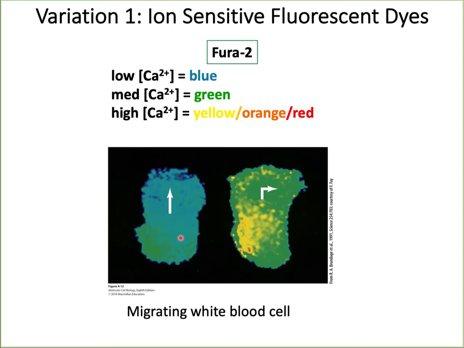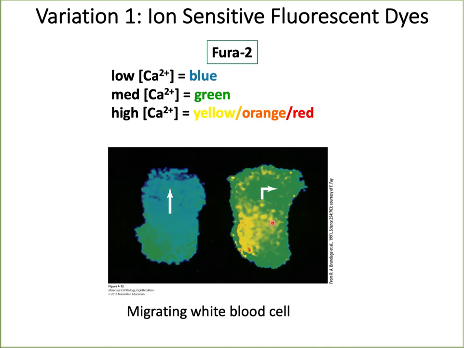These dyes fluoresce in different wavelengths depending upon the concentration of the ions. An example of an ion-sensitive fluorescent dye is Fura-2, which is sensitive to calcium concentration in its surroundings. When the calcium is low, the dye fluoresces in the blue range. When the calcium concentration is in the mid-range, it is kind of green. And when the calcium concentration is high, this dye is usually yellow, or in some cases orange or red, just